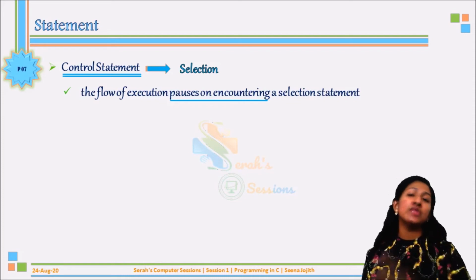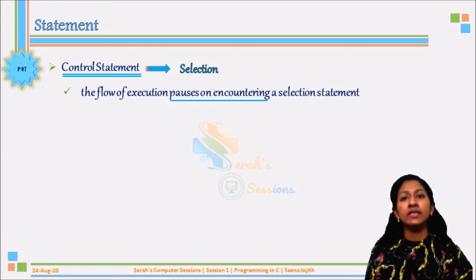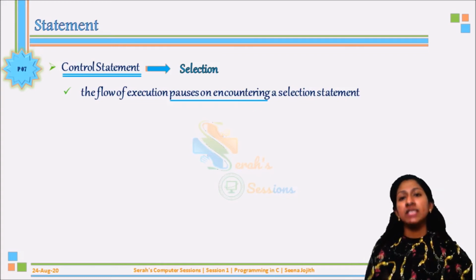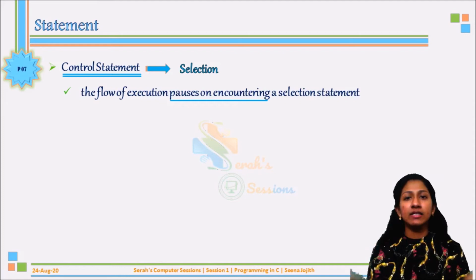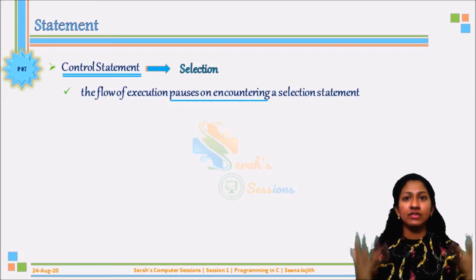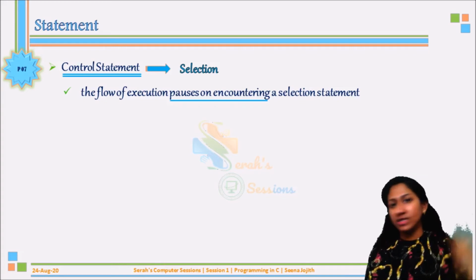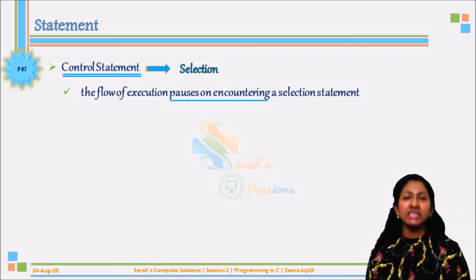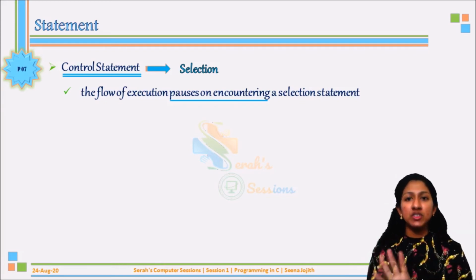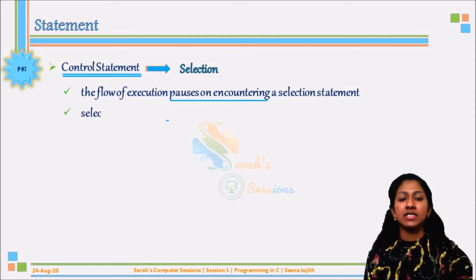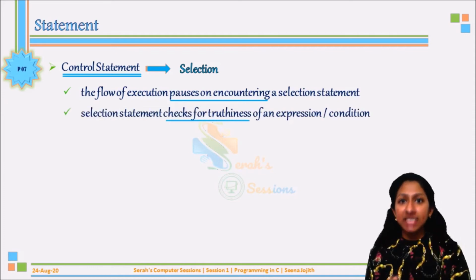I have used the word pause just for you to understand. We as programmers sitting outside will not understand how the execution goes inside. But just imagine that the execution pauses on encountering a selection statement,